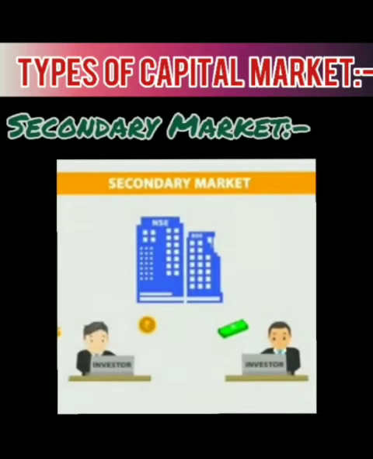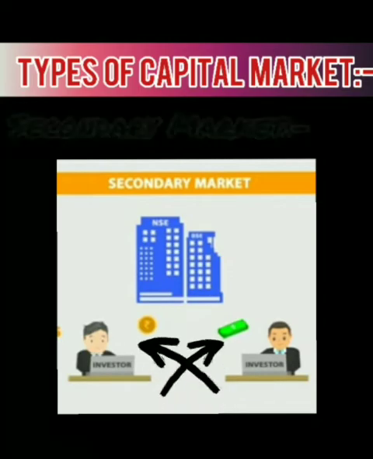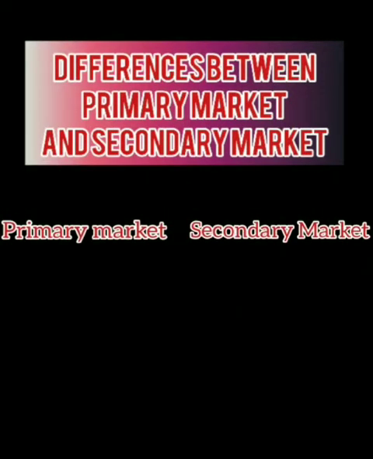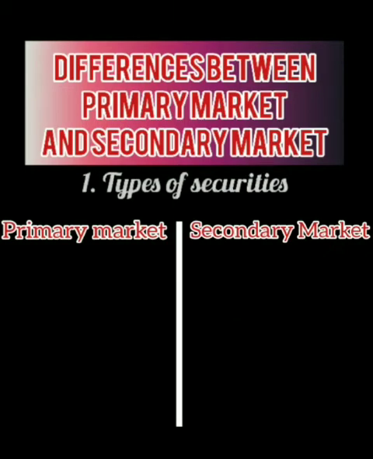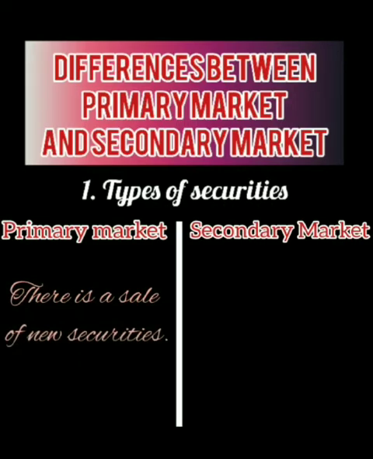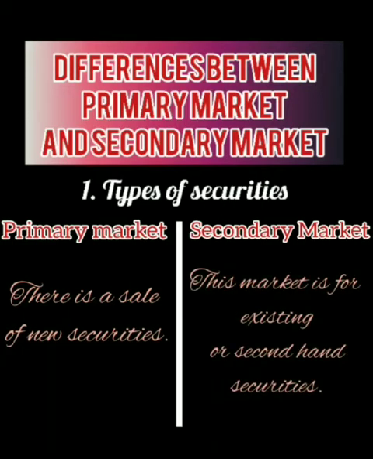In this diagram, you can see that in secondary market, companies are not included. The transactions take place between the investors only. Now let us check some differences between the primary market and secondary market. Point number one is on the basis of types of securities. In primary market, there is a sale of new securities, whereas the secondary market is the market for existing or